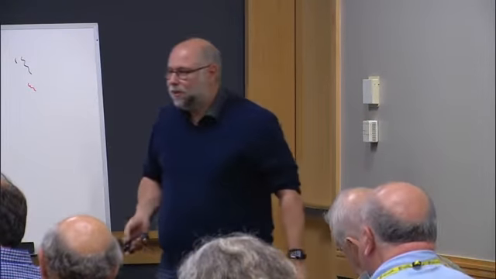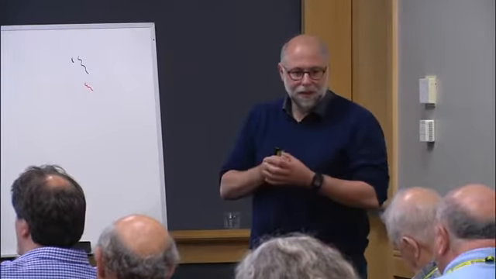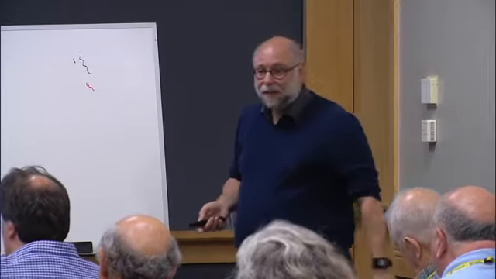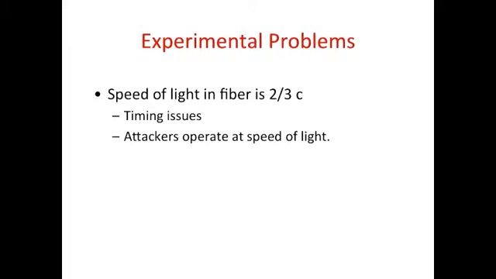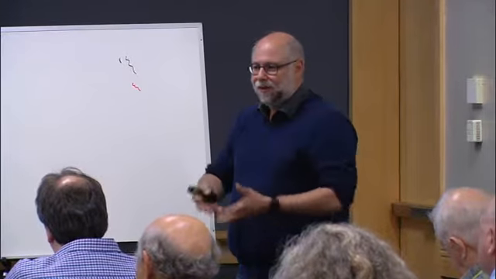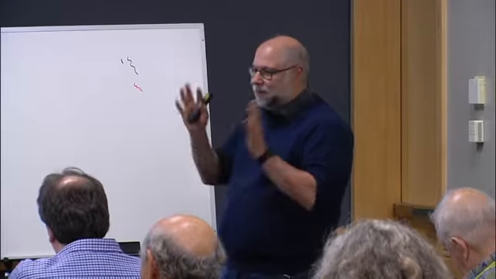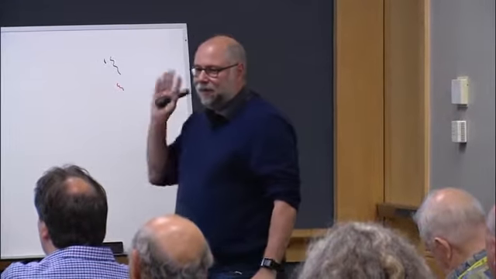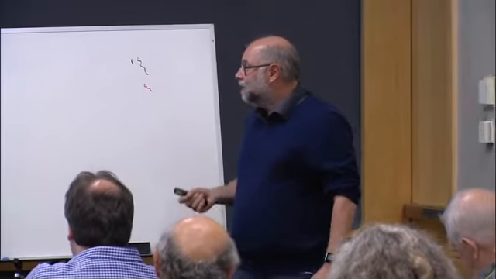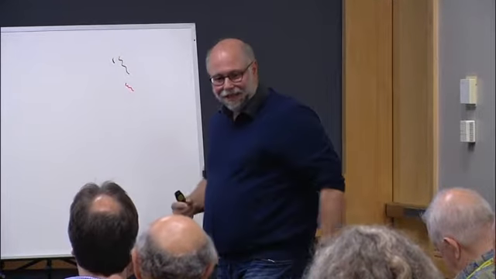So we went to talk to the group of Nicolas Gisin and Hugo Zbinden in Geneva, who actually perform these BB84 protocols, and we asked them, can you please implement this for us? This sounds like a cool thing. And then immediately all kinds of problems popped up from doing experiments. First of all, and I didn't know this, but this is of course well known for the physicists, if you shoot photons through fiber, it doesn't run at the speed of light, but it runs slower. It runs at 2/3 the speed of light. So that was a bummer, because for our timings, we needed that.